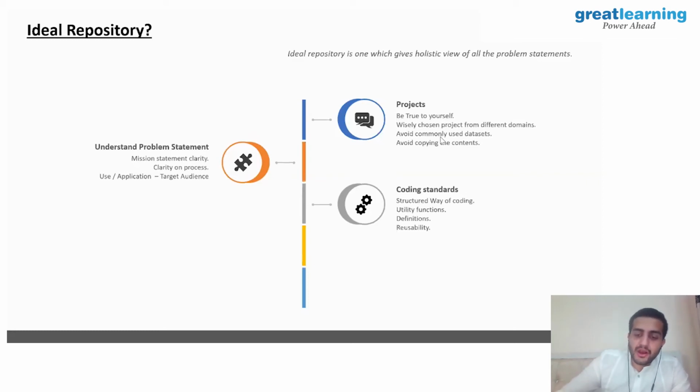So there should be a vision, or there should be standards. You need to adhere to the coding standards, right? You cannot simply upload your Python notebook and say, okay, I've done everything. No. There has to be a proper way of doing things, right? Your Python code should be structured in a more professional way. And there has to be a definition of everything, because